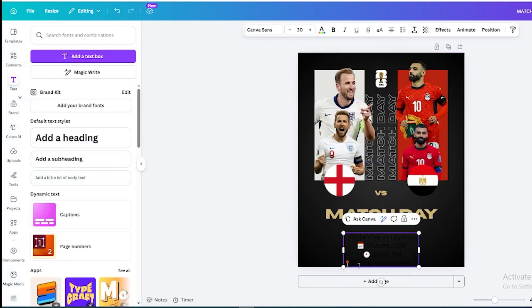Delete unwanted icons. Change the color to white. Make the first sentence bold. For the last part,